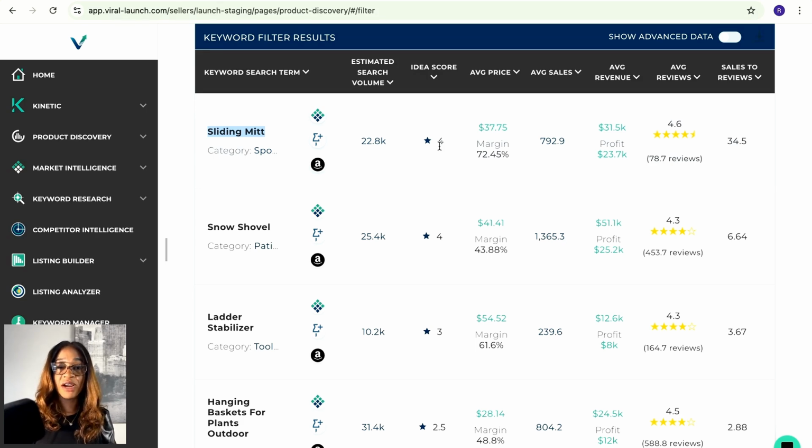That is how Viral Launch looks at how successful the idea would be, or how they think the product is going to do once you start selling. 1 star, worst idea ever. 5 stars, best idea. So 4 stars is pretty good. Here is the average price. People on Amazon are selling this product for $37.75 per product, and their margin is 72.45%, and that is their